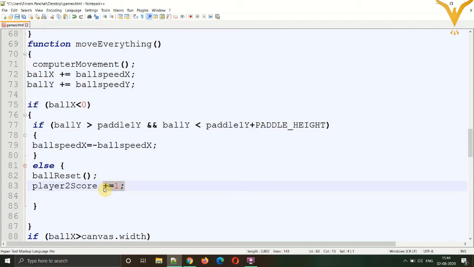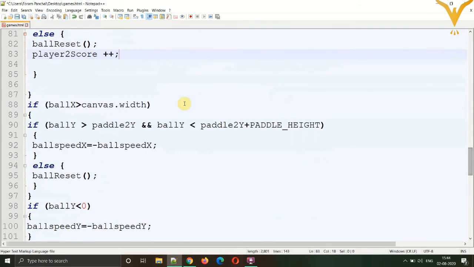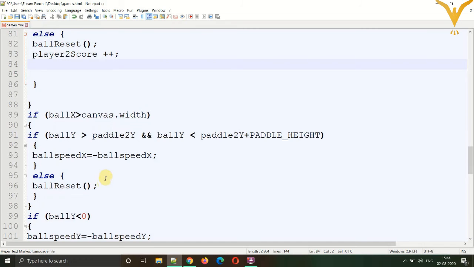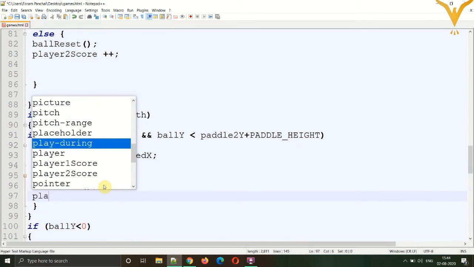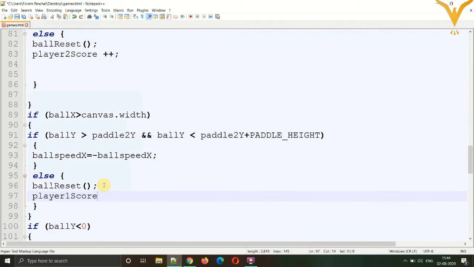We can also write it plus plus and semicolons. And over here in the second condition, when the ball is touching the right edge, that is the right paddle misses the ball, we'll increase the point of the player 1 score, plus plus semicolons.